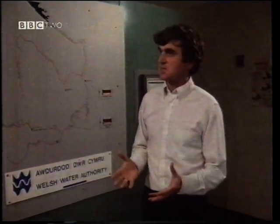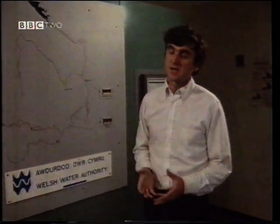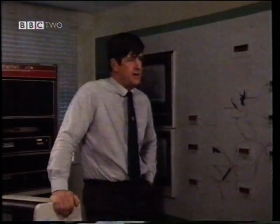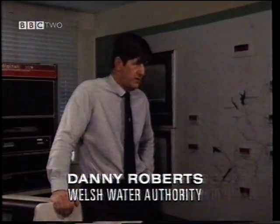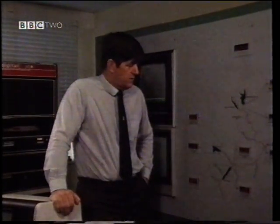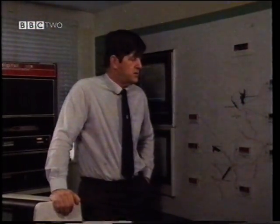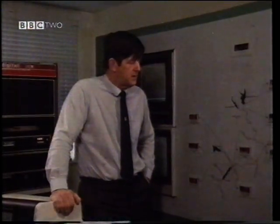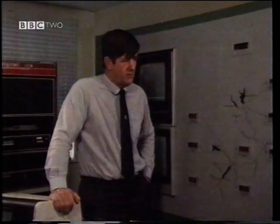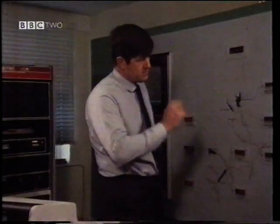Given all this information coming in, how do you make the day-to-day decisions about managing and regulating the river? It depends basically on what time of the year we're in and also the situation we're in at any given time. In the winter months, we're obviously more concerned with flood alleviation, and in the summer months, we're more concerned with river regulation. The assessment that we make each morning for river regulation is whether or not the level down the Dee towards Farndon is